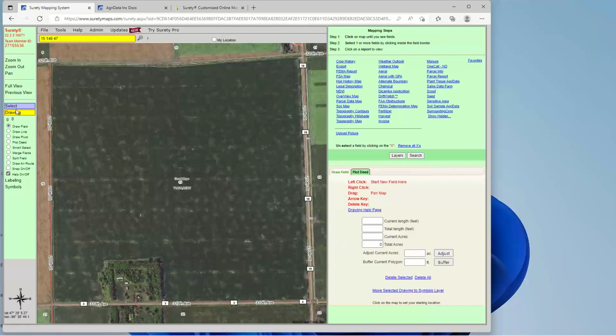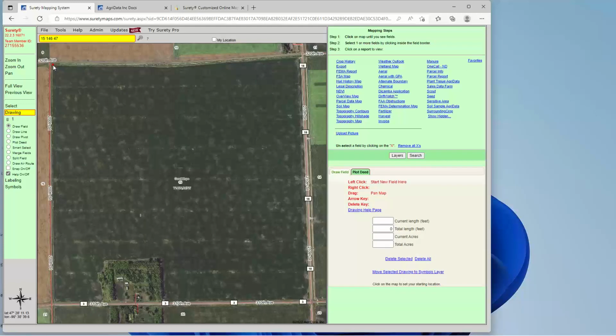But with the drawing tool, once you click drawing, it says left click to start a new field. So you left click to set your first node. And now you'll see the line follow your mouse. That means you're in drawing mode. Now you click and set your next node. Nodes allow you to change direction. It's a straight line between nodes. To change direction, you have to